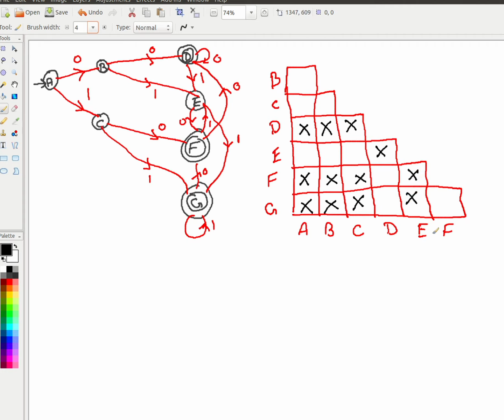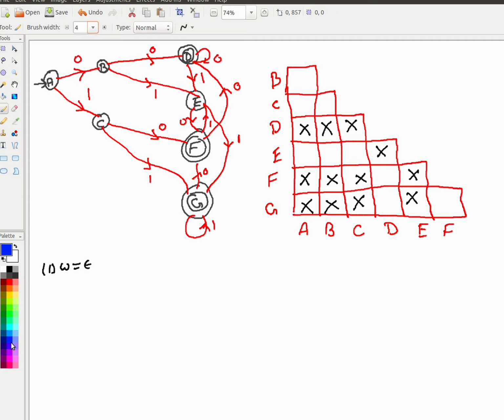I'm not saying it is not distinguishable. It is just that in this first iteration, with W equals epsilon, this is all that you get. Anything else that we missed? No, right? So we have captured all.